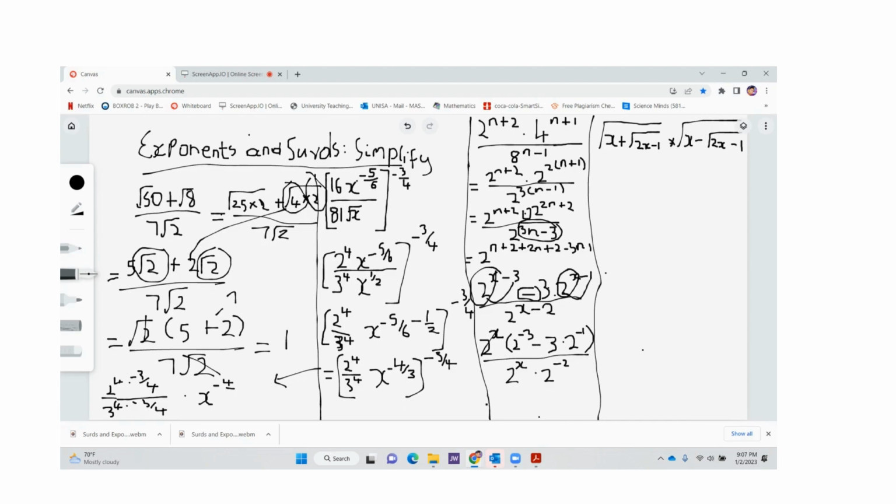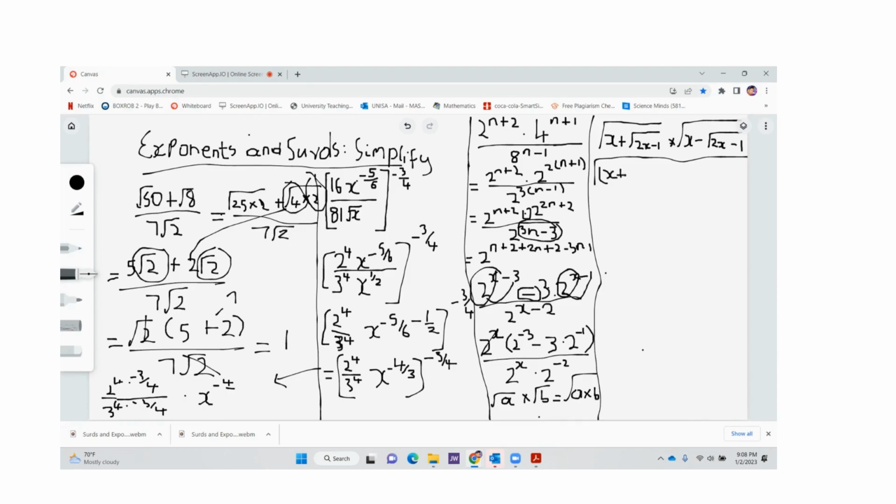So just remember, there's a law. The laws of surds say if you have square root of a multiplied by square root of b, you can have one big square root and then a multiplied by b inside. That only applies for multiplication, not addition, not subtraction. If you have addition and subtraction, look out for common factor. Okay, let's do that. We're going to have one big square root and then multiply